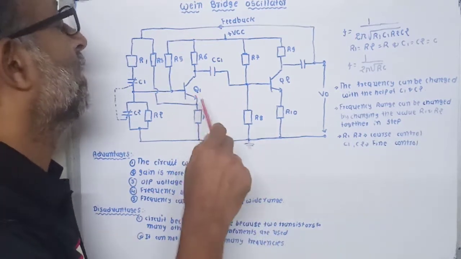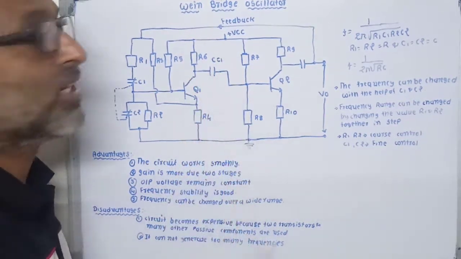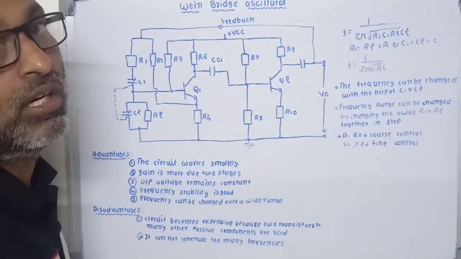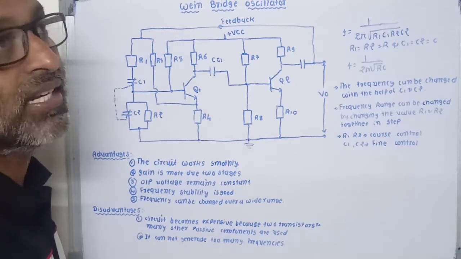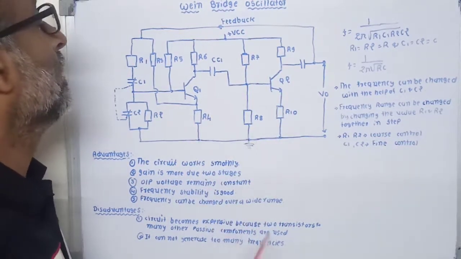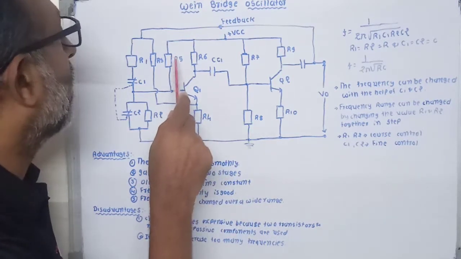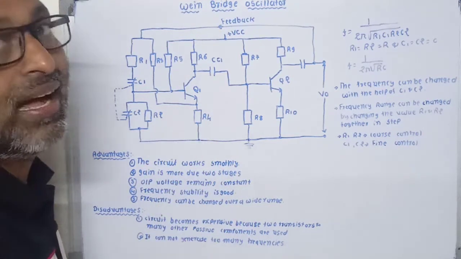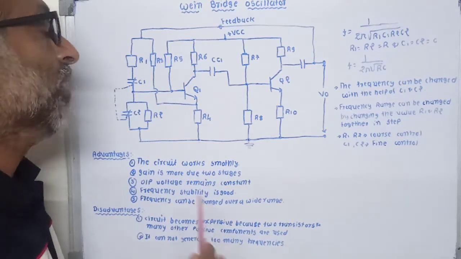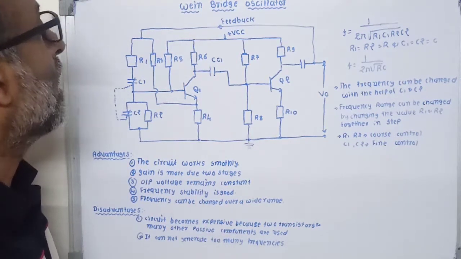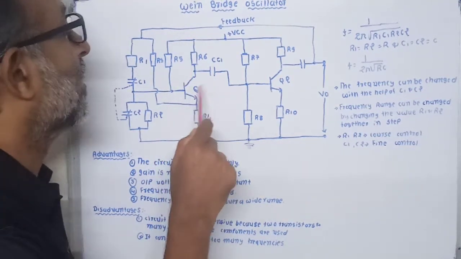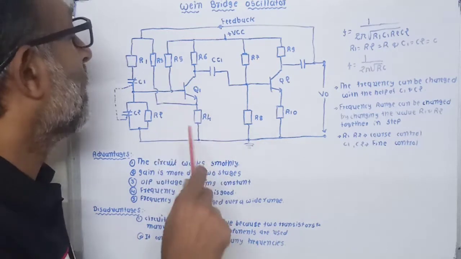Now as shown in this figure, the Wien bridge oscillator consists of mainly Q1 and Q2 NPN type transistors, which act as active devices for the oscillator. Here the resistances R4, R5 and R6 are the voltage divider type resistors, which provide proper bias to the base of this amplifier 1, or you can say amplifier Q1.